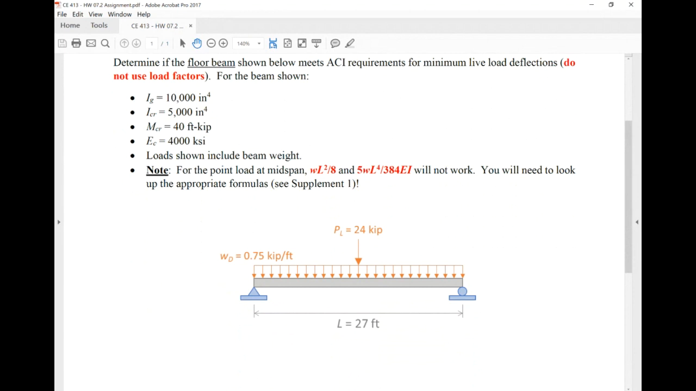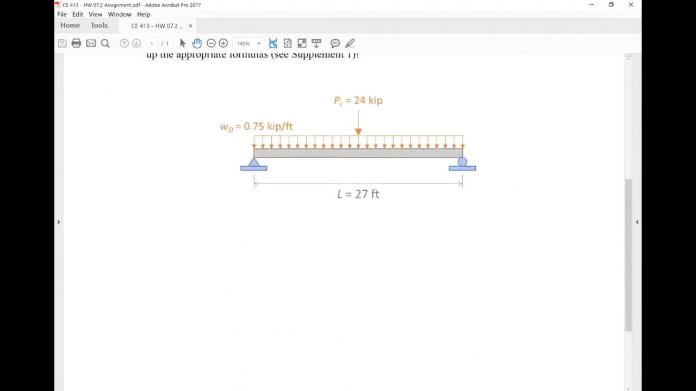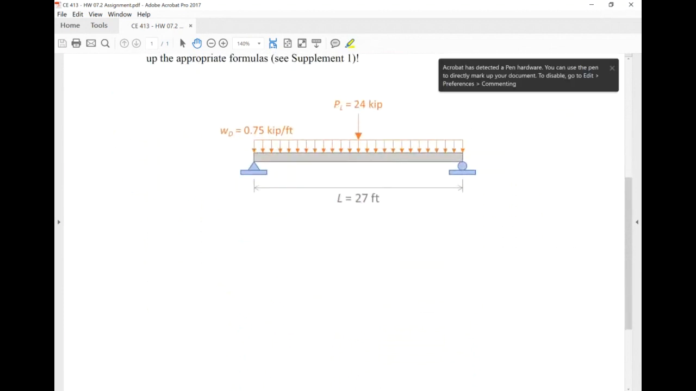For the beam shown, similarly, I gave you an Ig, an I cracked, a cracking moment, and so on and so forth. The loads shown, we'll assume they include the beam self-weight. Now, I want to show you something right here. So for the point load at midspan, wL squared over 8 and 5wL to the 4th over 384EI are not going to work. So you need to look up the appropriate formulas. So to give you kind of an idea,